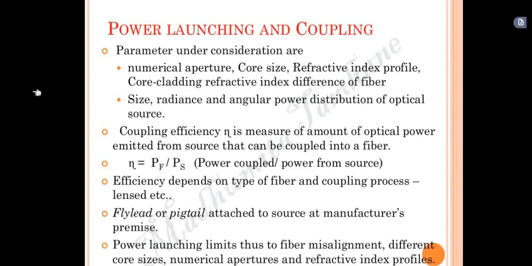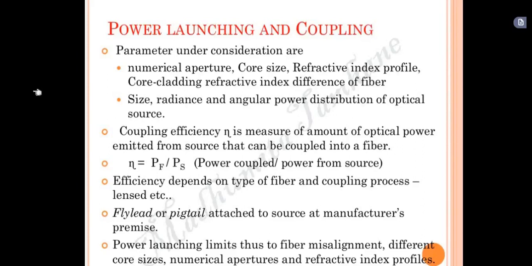Next, efficiency depends upon the type of fiber. What kind of fiber you are using is also one of the things we see when designing the fiber. The most important thing about the fiber is how effectively you understand it for the fiber analysis. Next, the efficiency depends upon the type of fiber and the coupling process, such as lenses, etc. Efficiency will definitely depend on the intensity of our fiber and the lengths. Length is nothing but how the core and cladding, or what kind of material, is manufactured and how effectively we get that. So based on all these parameters, your efficiency will depend.